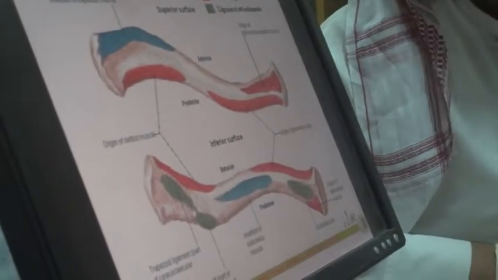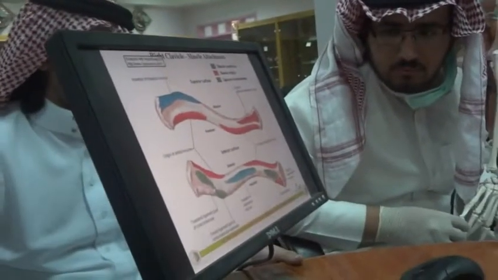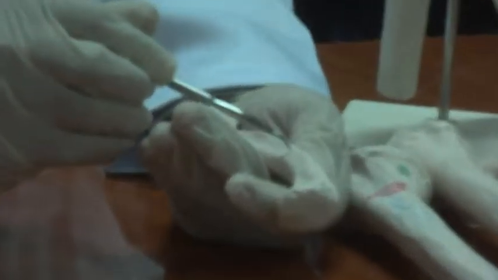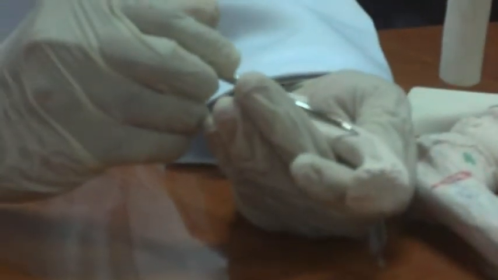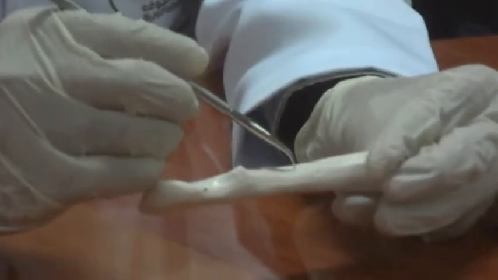And inferiorly, the important thing you should know here is the insertion. Blue color. Can you see the blue color? So it means insertion of the subclavius. This is the subclavian groove. So the insertion of this muscle is subclavius. So inferior, below. See from below. Can you feel the groove there? Yes, that is the subclavian groove.